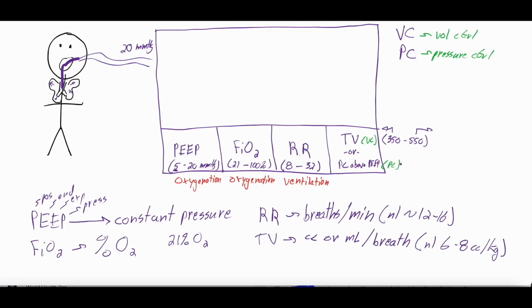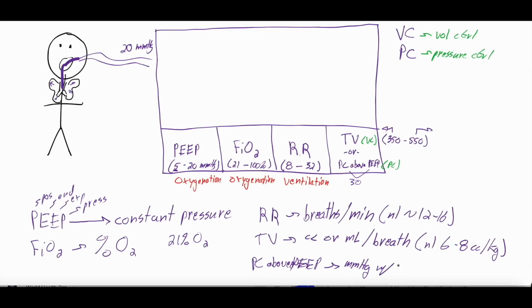And there isn't a normal necessarily. You typically don't want to go for both PEEP and pressure control combined, so adding these together, above 30, but you can. It's not a law, you can. It just might cause some barotrauma and things. So that's pressure control above the PEEP, or the inspiratory pressure, is the millimeters of mercury that the ventilator is